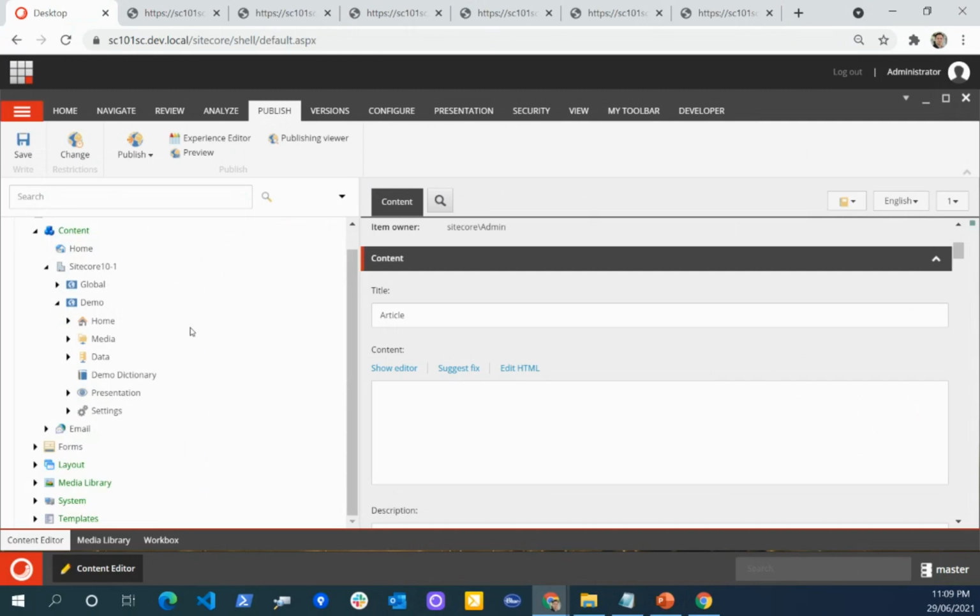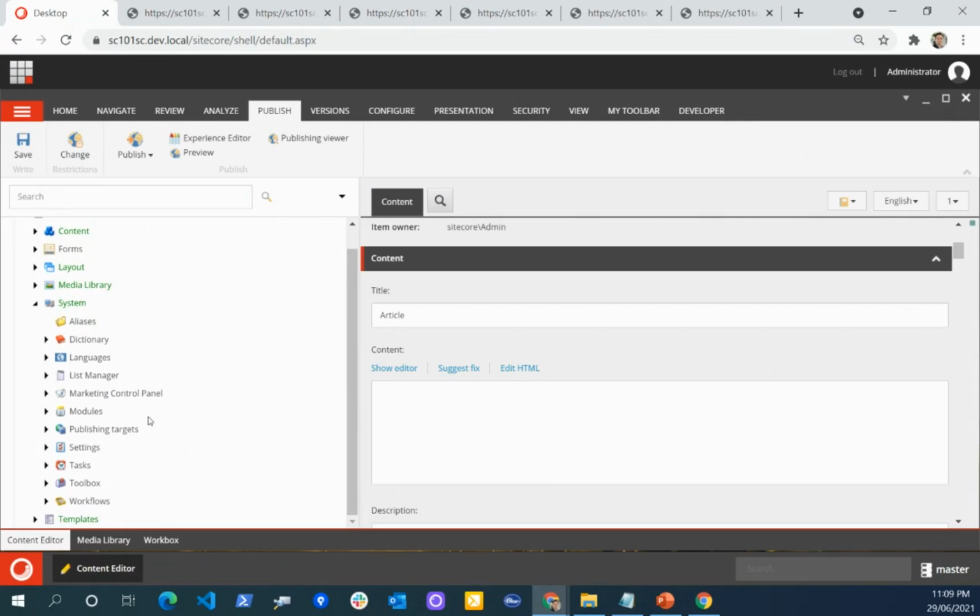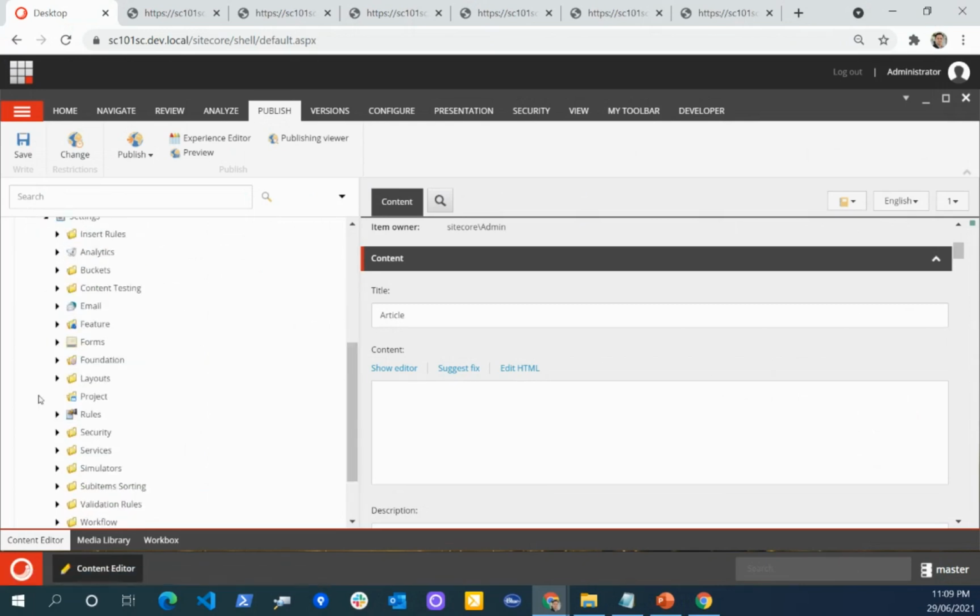But if you want to create a new component, of course we will create it. For new modules, if you see the whole content structure, all the modules come from the system settings. Under the settings, you can see the features.